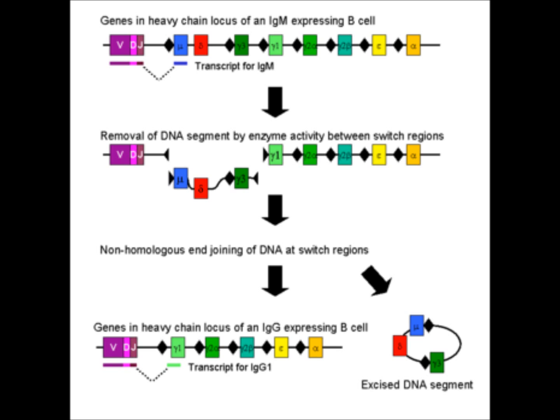The gene segments encoding the constant region for all of the remaining isotypes are located downstream of the C mu and C delta constant regions. With the exception of C delta, each of these other constant regions is preceded upstream by a sequence of DNA known as a switch region. Switch regions range in size from a few kilobases to nearly 10 kilobases. They're composed of hundreds of repeats of these